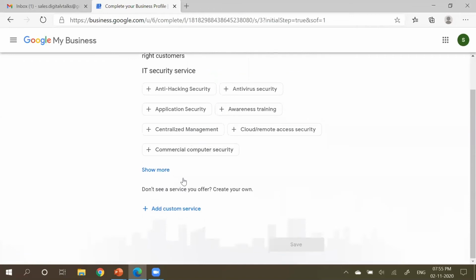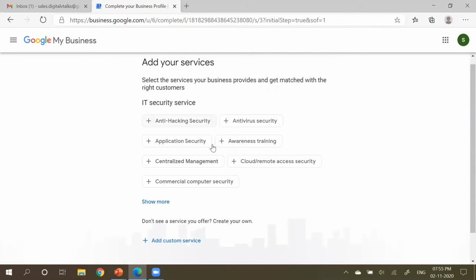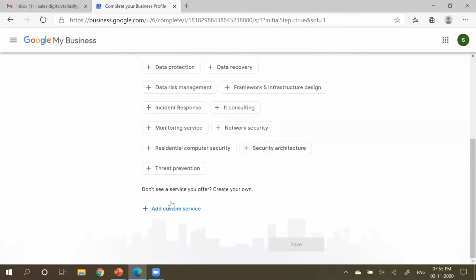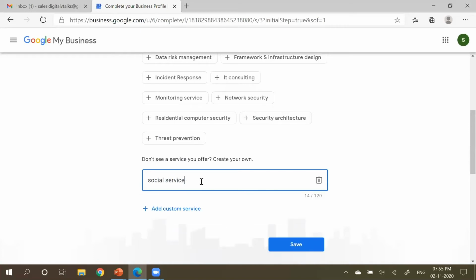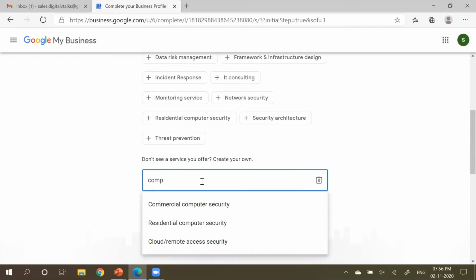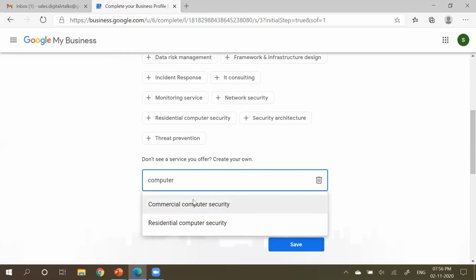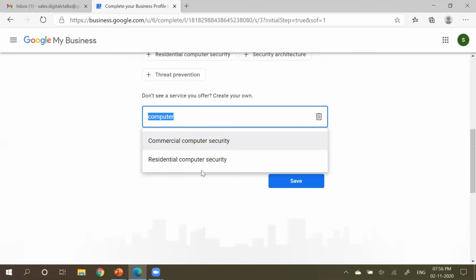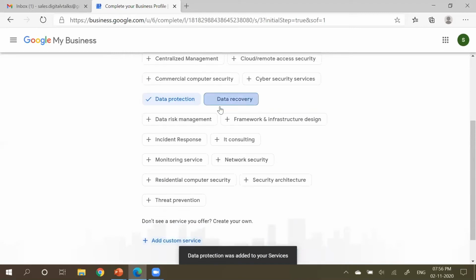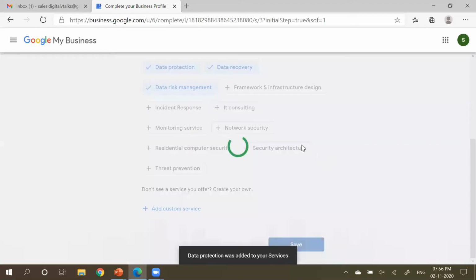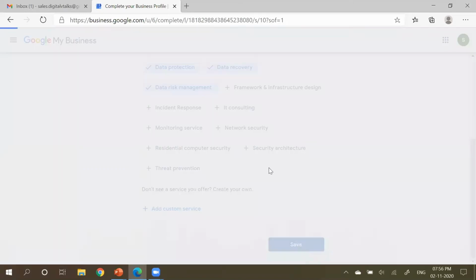Okay, show more. For now, I just select any of the three categories, I save it, and I say next.